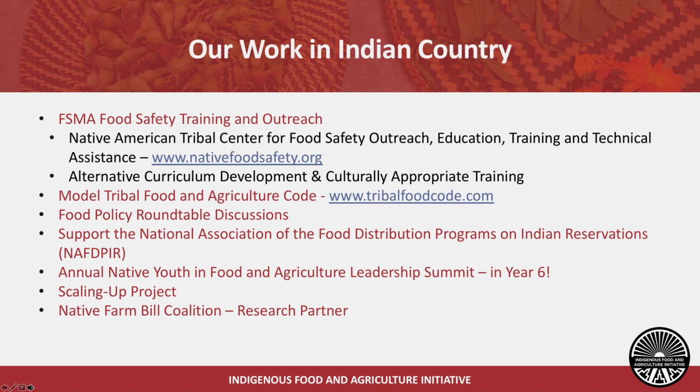And also, we are the research partner for the Native Farm Bill Coalition, which is a conglomerate organization of 170 tribes and tribal organizations that have gotten together to collectively put forward their ideas in the Farm Bill, and some areas of child nutrition. They had a big voice in the 2018 Farm Bill, getting 63 tribal provisions in there, which was a historic number for Indian country. And so as needed, we step in and do the policy research for them as a research partner for that